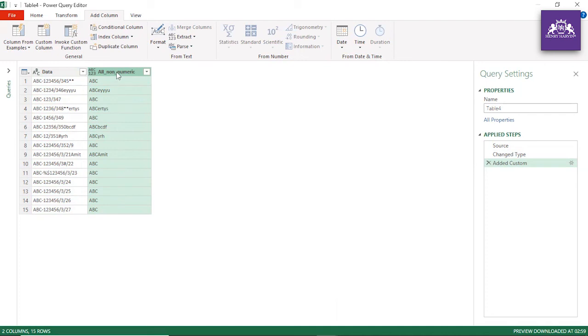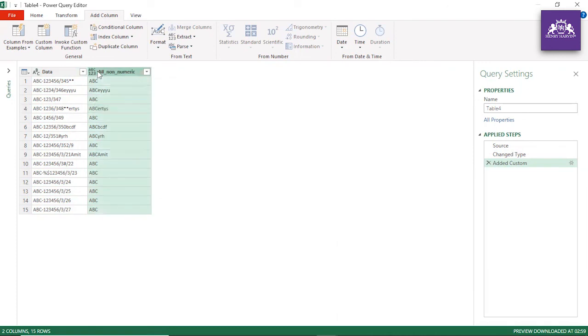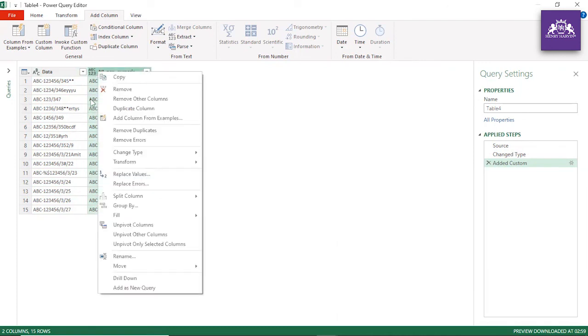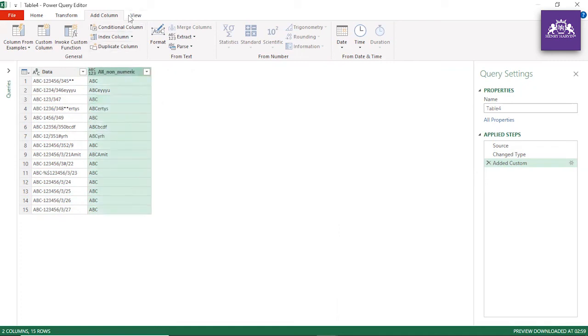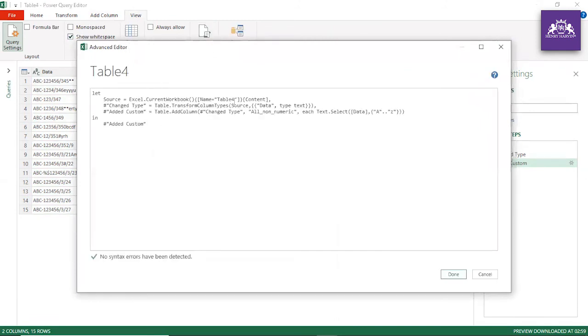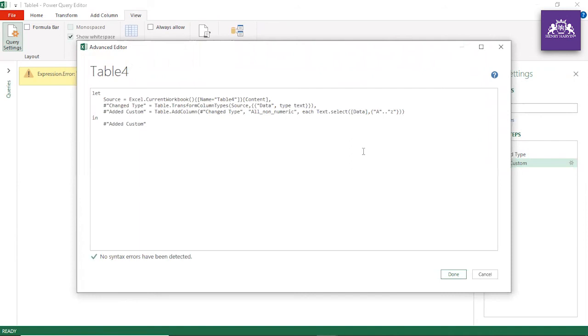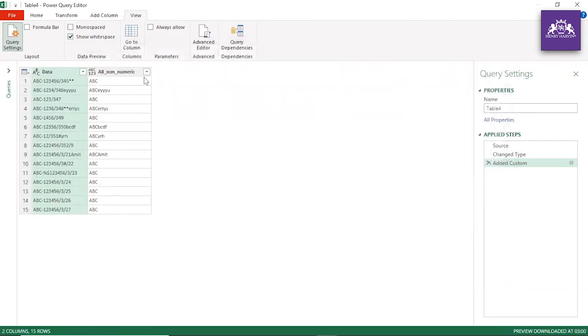And now let me show you another example. Let me see something interesting. If you go there and view advanced editor, guys, see this code we have written. Text.Select whatever. If you do it this way, Text.select and done, see we are getting an error, guys. Understood? What did we do here? If you go to advanced editor again, this is actually case sensitive. So Text.select should be Text.Select. If you do okay or done, the result has come back.